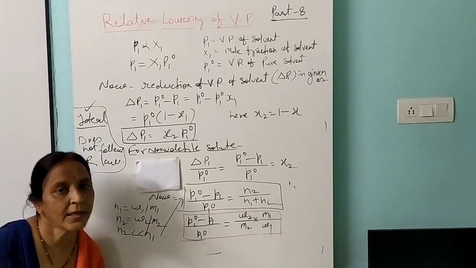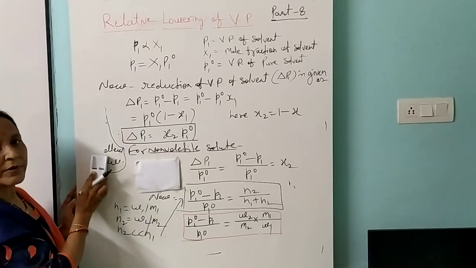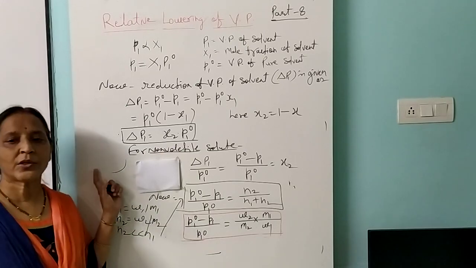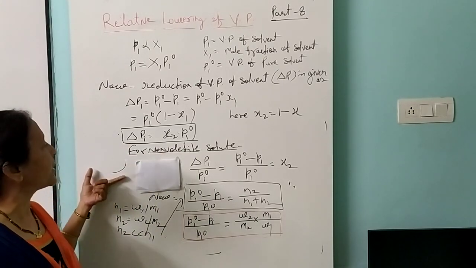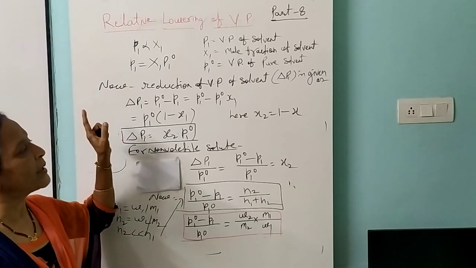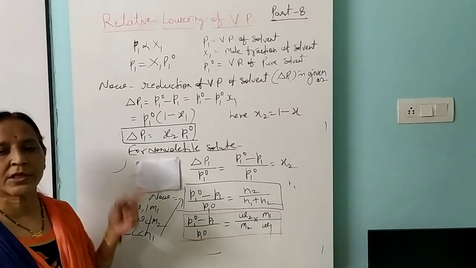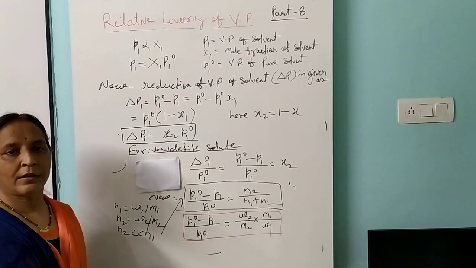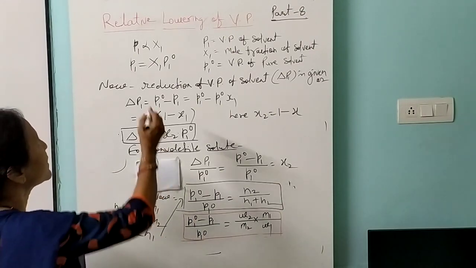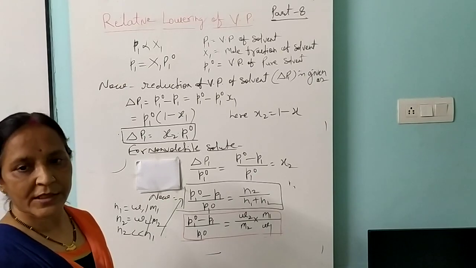And in ideal and non-ideal solutions, we studied positive deviation as well as negative deviation. This positive and negative deviation is related to the term vapor pressure. So in our last video, number 7, we already studied positive and negative deviations for non-ideal solutions. Now the next topic is colligative property and calculation of concentrations.